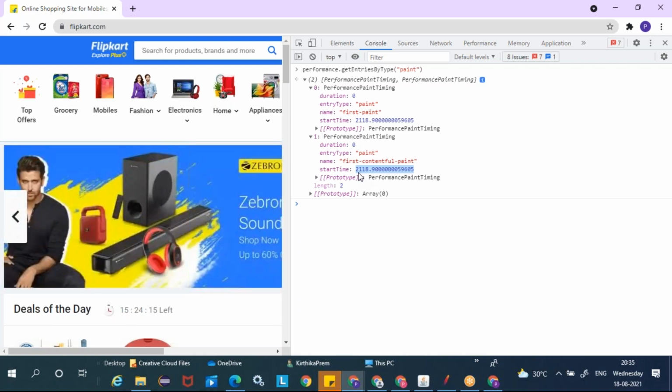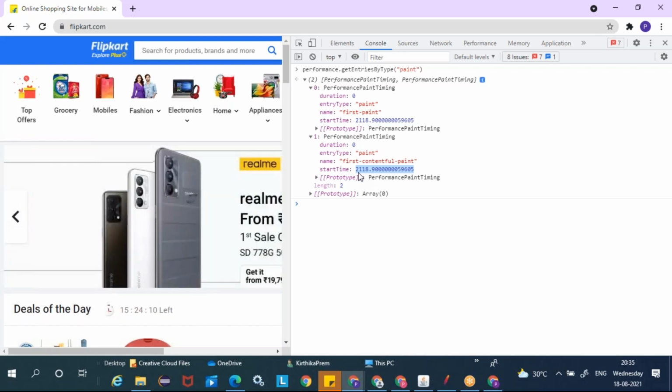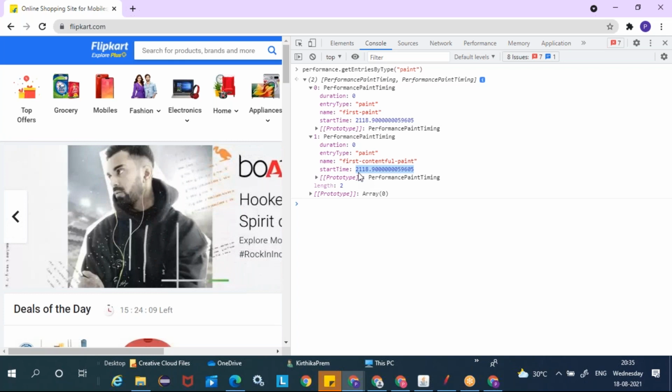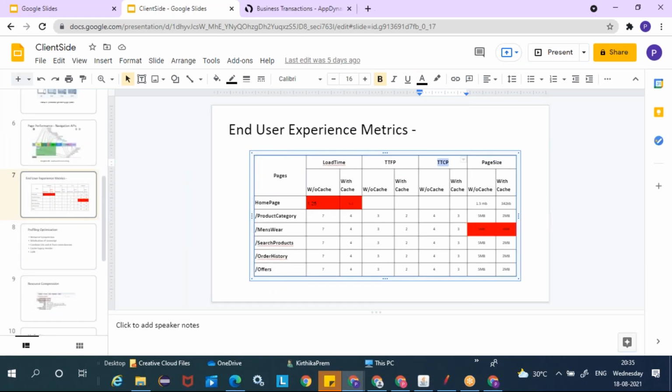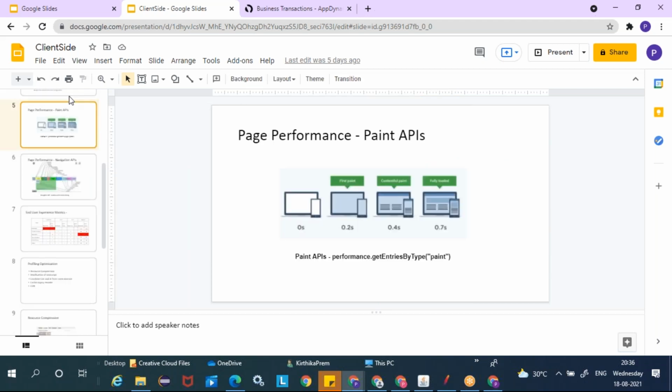Google calculates these as people use the sites in production. So that's the reason it's very important to have this TTFP and TTCP very low. One is to get a good rating by Google, to make it available in the search engine in the top 5, top 10 pages. So it is good to track these two metrics. That is called your paint APIs.